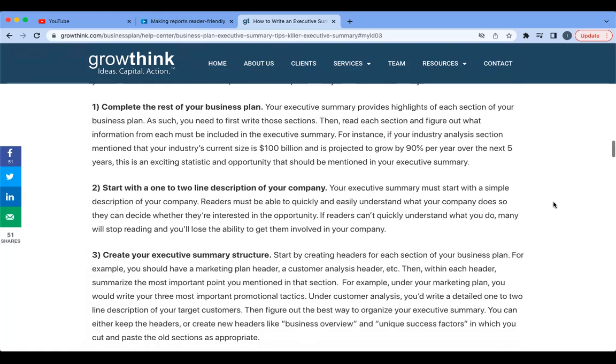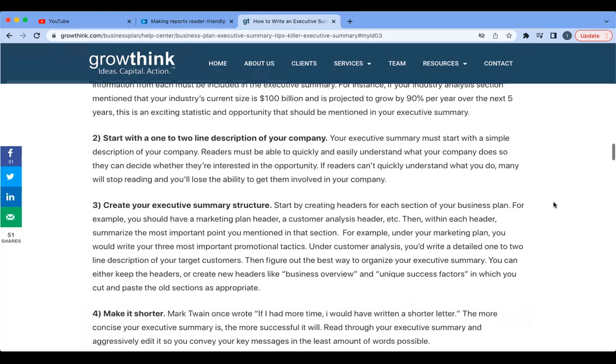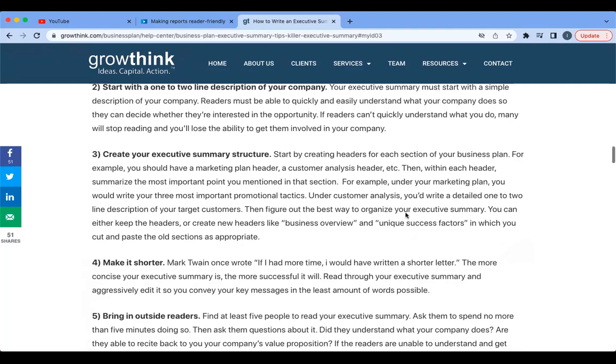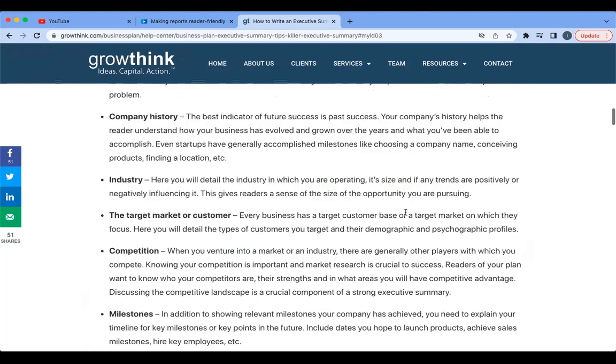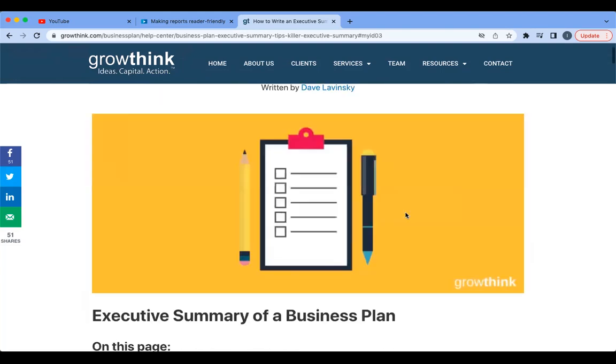The next step is to start with a 1 or 2 line description of your company. It is very important to be brief and concise, as the executive summary cannot exceed 1 or 2 pages. Then you can create your executive summary structure, which should be concise, precise, and direct. Keep it short, keep it direct to the point, and make sure that you follow this video and share it